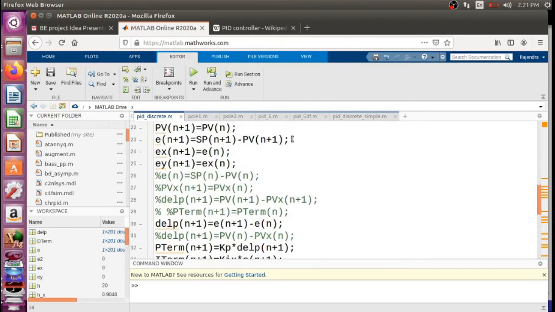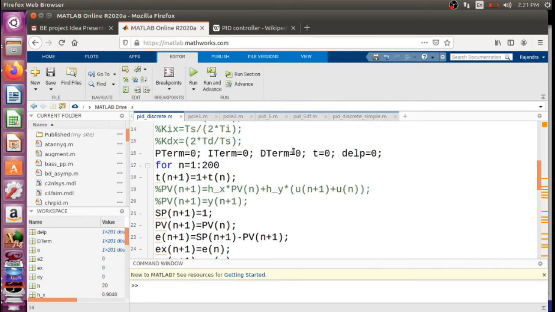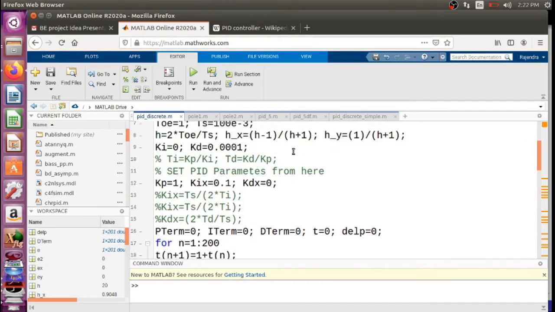Now we can simulate this particular program for, let's say, Kp equals 1 and Ki also equals 0. Let us see the performance of this, because we know that when Kp equals 1, the whole closed loop control system doesn't have any role of compensator as such. So it is as if the compensator is not there if Kp equals 1. So we'll see the performance when Kp equals 1.